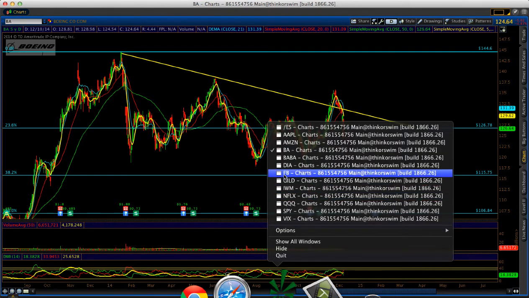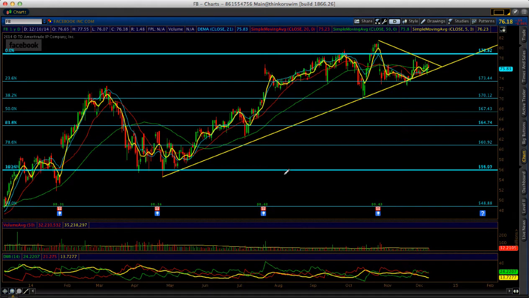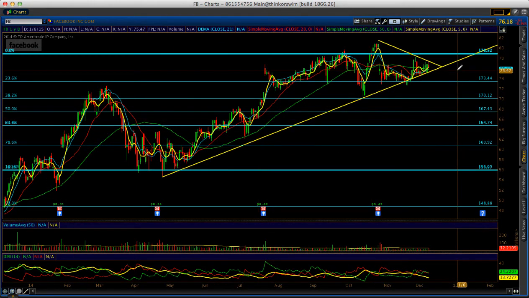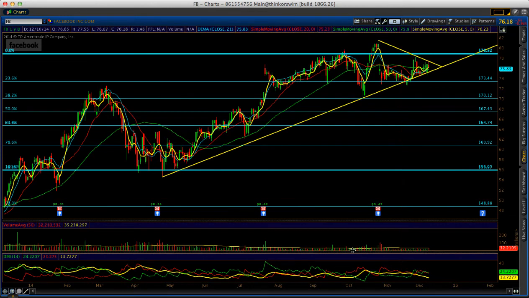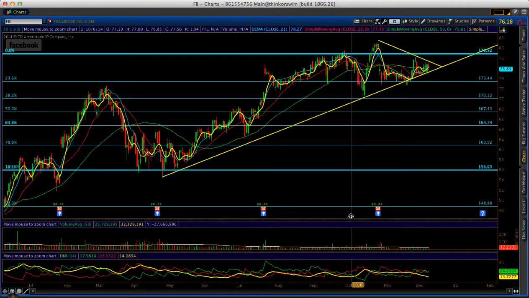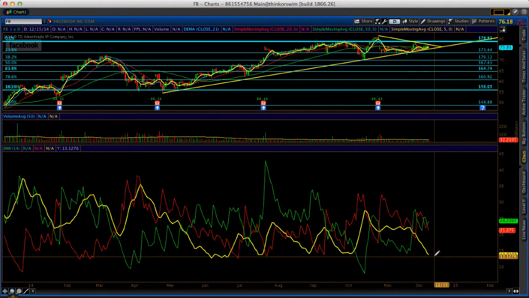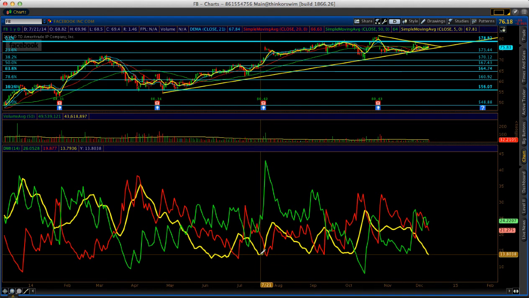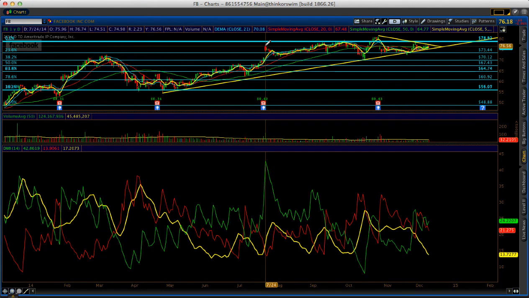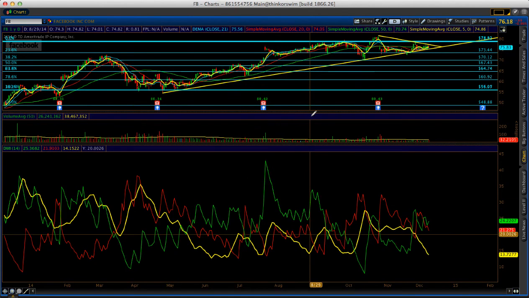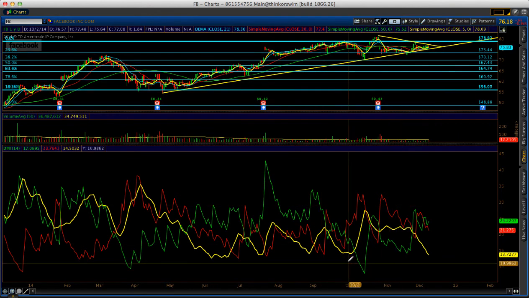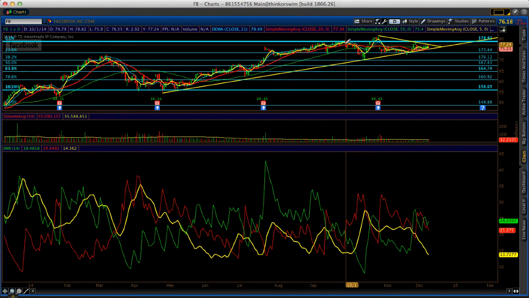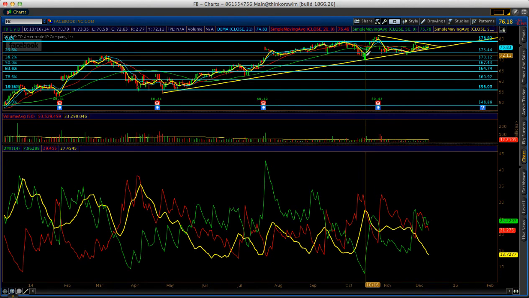The last one, let's talk about Facebook. I'm long Facebook. It's holding this trend line, and DMI is bullish, but it's not strong. But let me show you something. Every time ADX goes down to these levels, we have rallies. It happened here. It went down to this level, which was 13. Boom, we get a nice rally here. Right to this level, we get a little rally right here. At this level, we get a rally, but a rally down. It went down really fast.